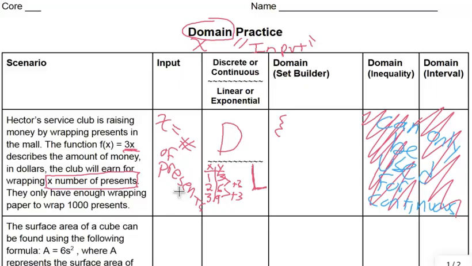So now I am going to write my set builder notation. It always starts out the same way. What letter are you describing? I am describing my domain, which is being represented by the letter X in this problem. After you say what letter you're describing, you put this little line where you're about to describe it. So I'm describing the set of numbers that are going in for the letter X, such that,